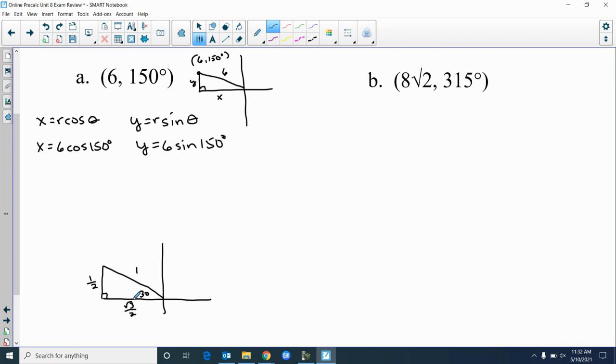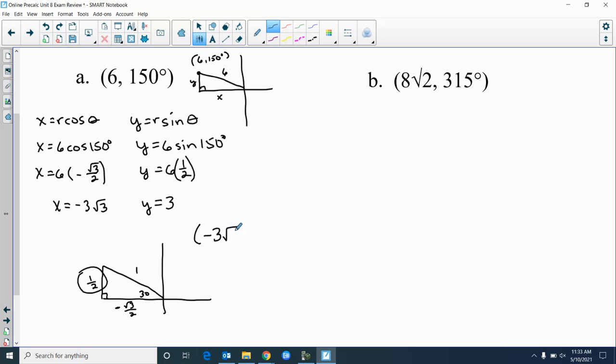So the cosine of 150 degrees, since it's going to be in quadrant 2, it's going to be negative. So x equals 6 times negative square root of 3 over 2, and that's going to become negative 3 square root of 3. Y equals 6 times the sine of 150. Well, the sine of 150 degrees is going to be this value right here, which is 1/2. 6 times 1/2 is 3. And I said it wanted the rectangular coordinates, so it's going to be negative 3 square root of 3, 3. That's going to be our answer